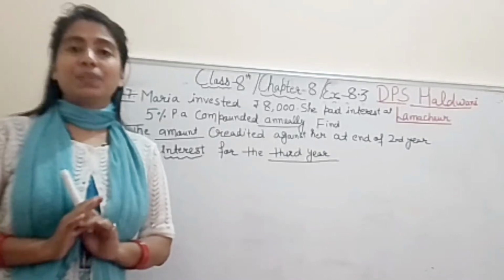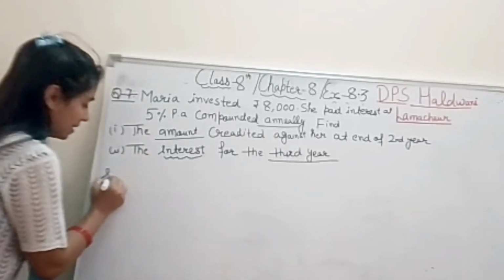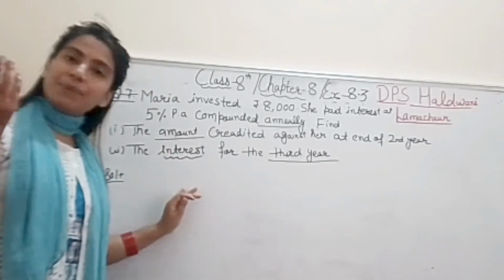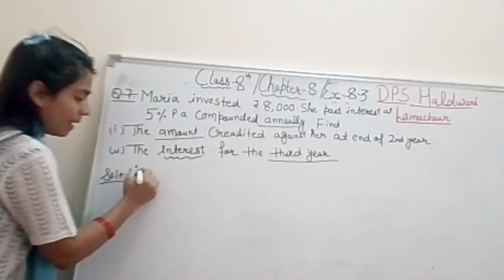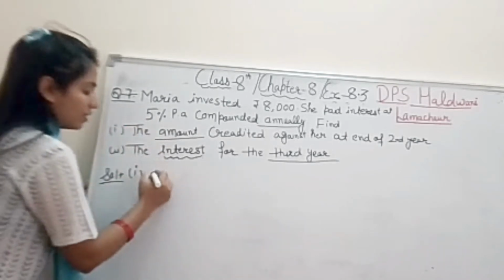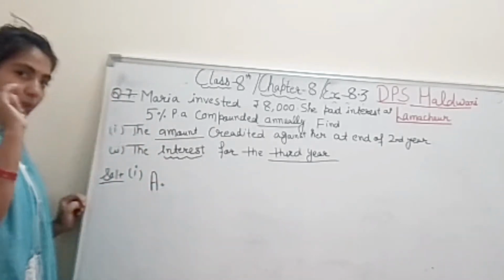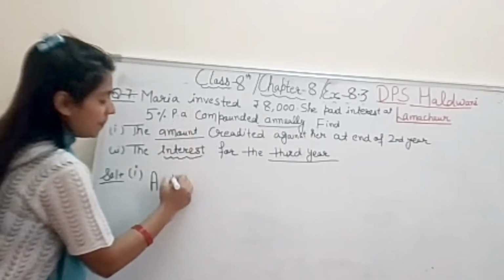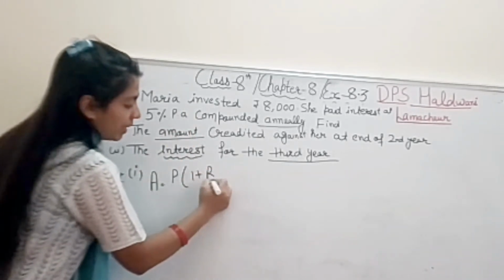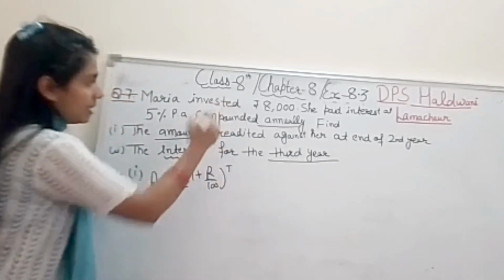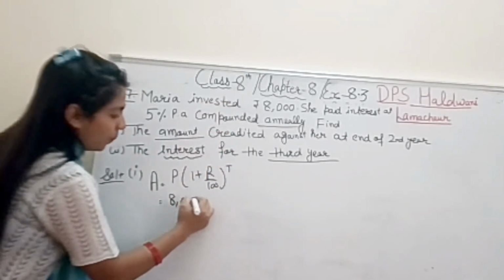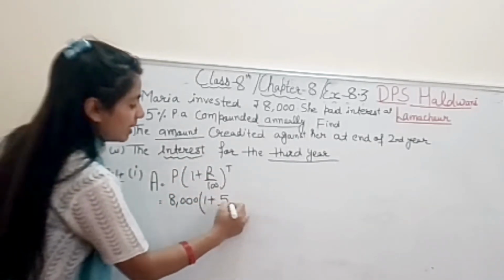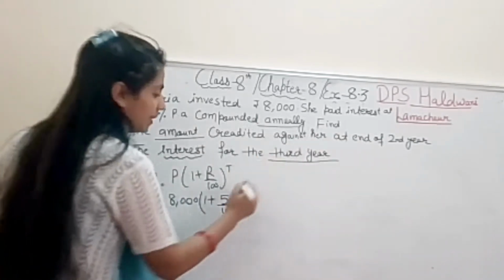You just understand the question. That's it student. Okay, so it's very simple. I have discussed everything with you all, so it becomes very simple. Suppose for the first part I am doing only for amount. So directly, see, right now I am doing it directly. But you have to write the given terms first. A is P into 1 plus R upon 100 to the power T. What is P? 8,000. What is R?